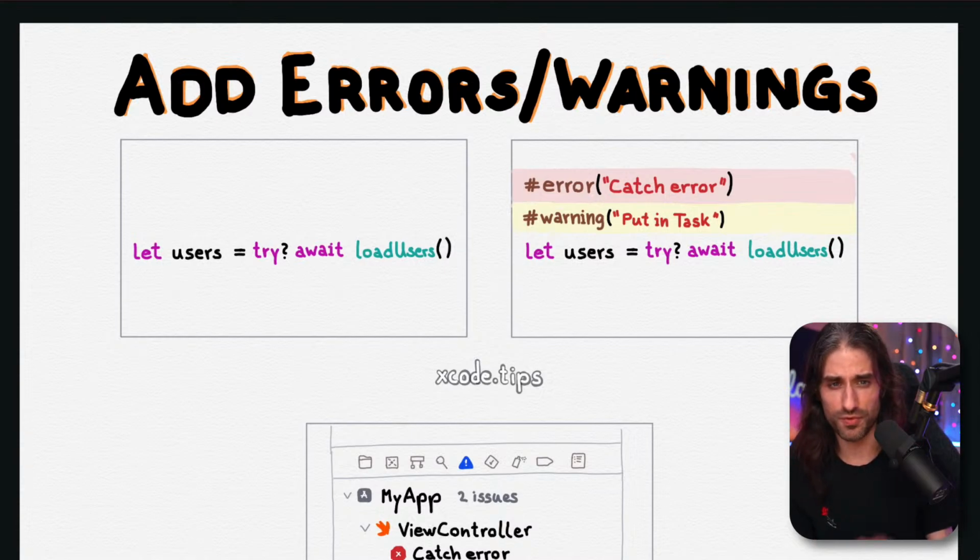So I would say these two things, warning and error, are useful as a developer. But if you are an SDK developer, then they are even more useful. Or even if you're a core team developer and you're an SDK developer for your colleagues, it can also be really useful.